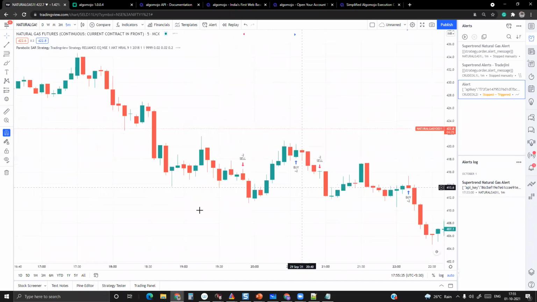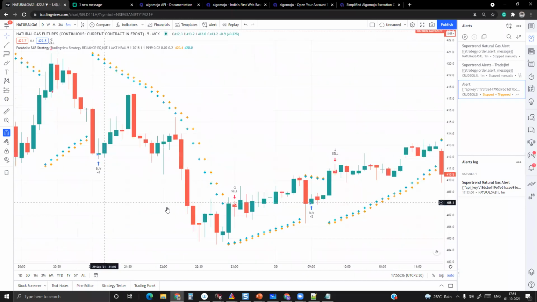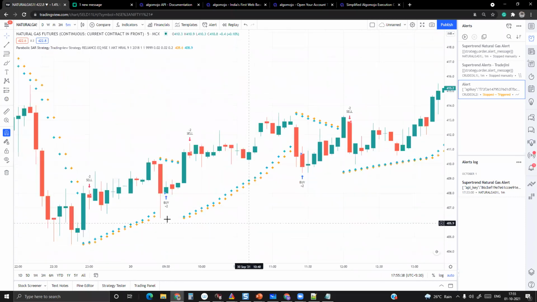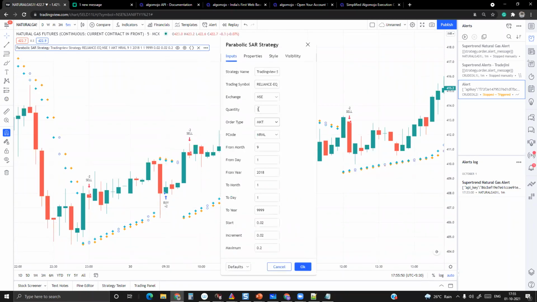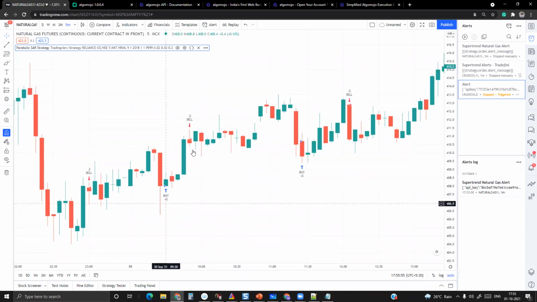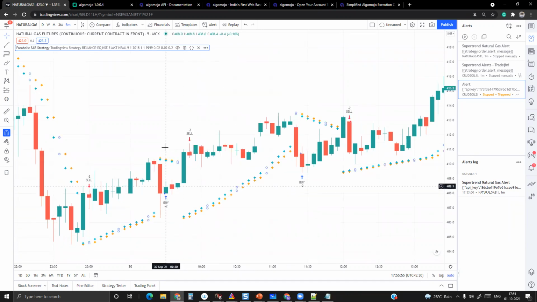If you see here, the very first signal itself is taking 2 times. So if the morning buy signal is happening, it always doubles the quantity. If the quantity that you are setting over here is, let us say, 5, that quantity will be set over here. It will try to double every time. So the 2 represents 2 times the quantity is what is going to happen over here.